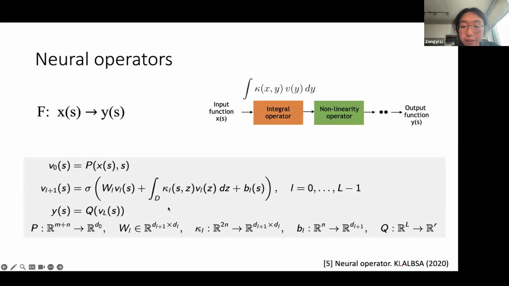Right. So to generalize from neural networks to continuous neural operators, we just replace the matrix vector multiplication, the A times V, with a kernel transform, an integral kernel transform. So now the input function will be transformed based on some kernel kappa to some output function.